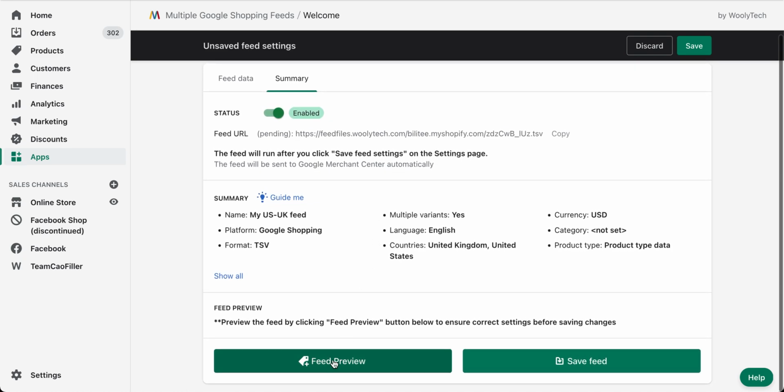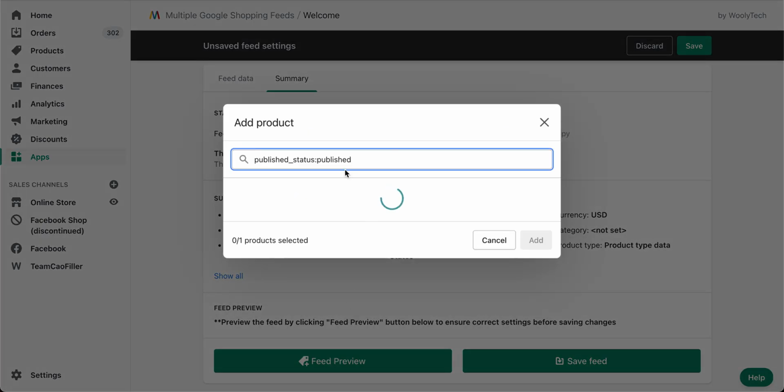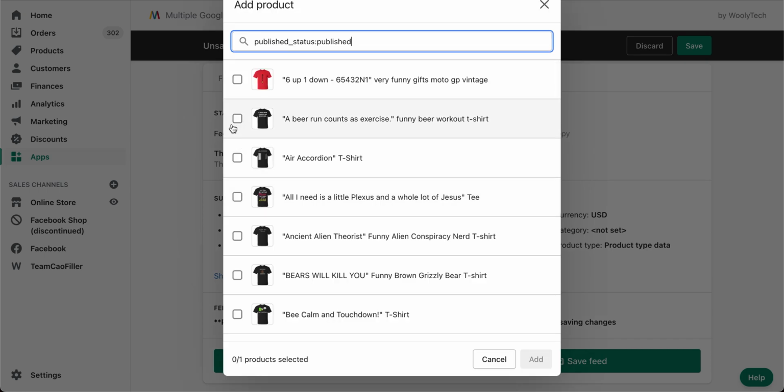Okay, before saving the feed, I will have an option to preview the feed data before saving it. So I'm going to click on feed preview. It takes a little bit long to load the list of products. Okay, we're finally there.